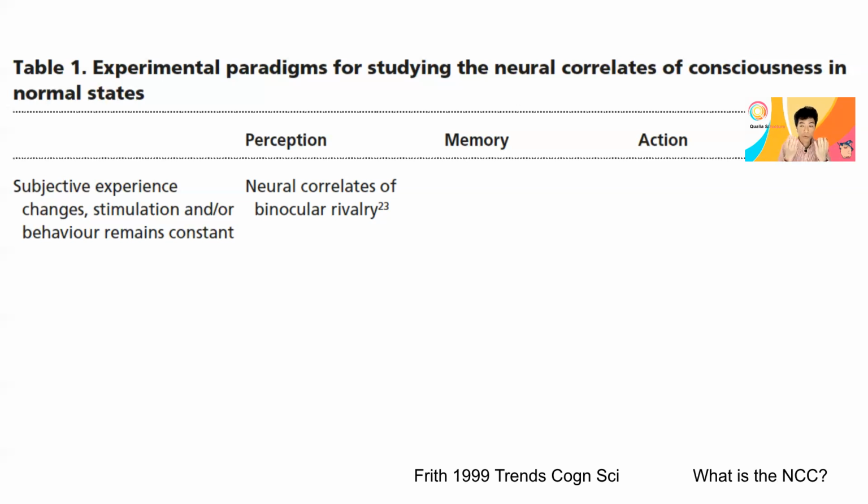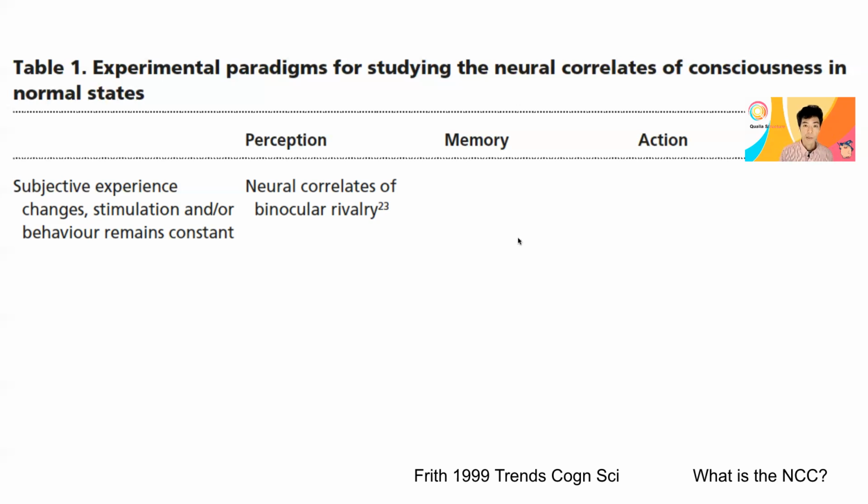illusion where you show two stable stimuli to the left eye and the right eye, while you see the perception switch between the two. The stimulus itself remains the same, so the neural correlates of the stimulus remain the same, but your consciousness definitely changes. And then your motor behavior may or may not be constant. If you don't report, then it stays the same. But if you report, then it can vary with the person.